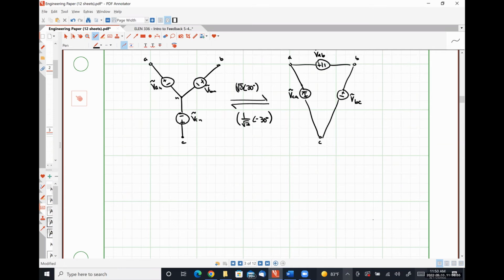So we could do VBN to VAB if we wanted to. And so let me explain what I mean by that. We would first do VBN to VBC, and then we would shift it by 120 degrees to give us VAB. So we just need one thing to start with, and then we can find the others. Right, because we know that in a balanced three-phase system, there's 120 degrees of phase separation. So for example, let's do an example to be very, very explicit about this, okay? So let's say that we had